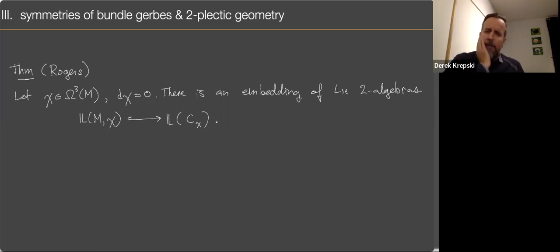So what we'd like to do now is talk about a next result, but this is one again that involves symmetries of bundle gerbes in a sort of intimate way. This next result is a result of Rogers. If you have a closed 3-form on a manifold, then it turns out that there's an embedding of Lie 2-algebras of the first 2 examples that we discussed. So recall